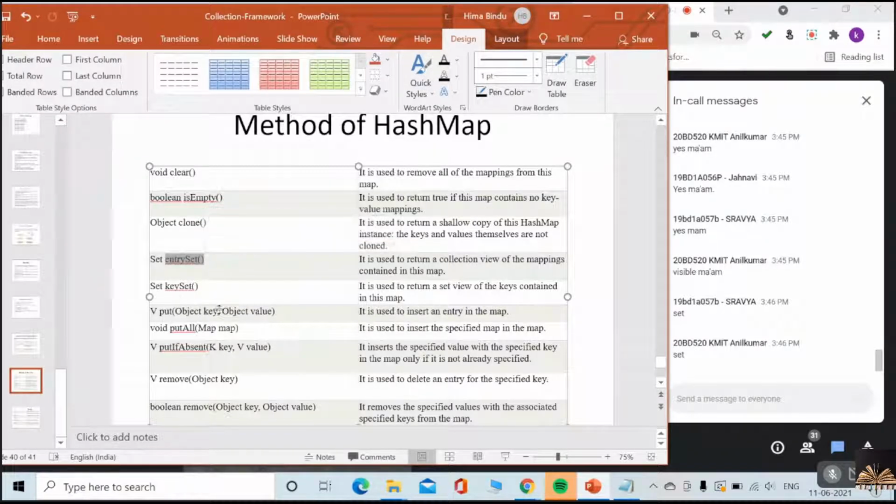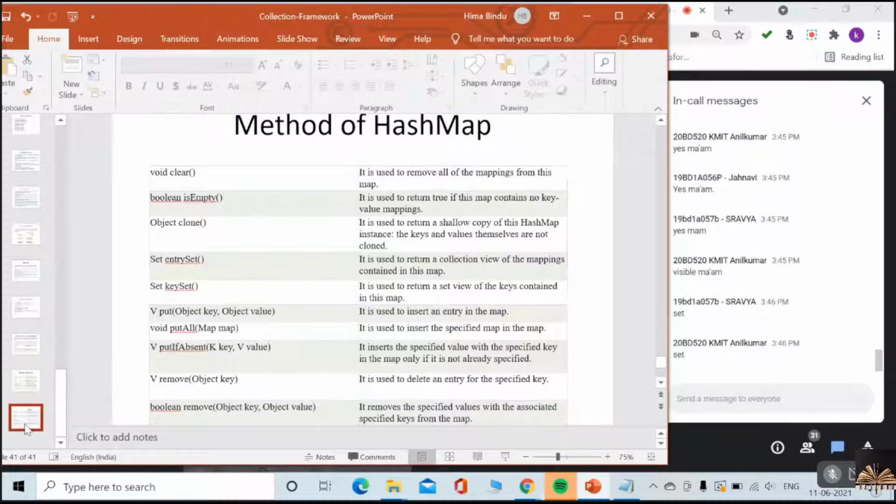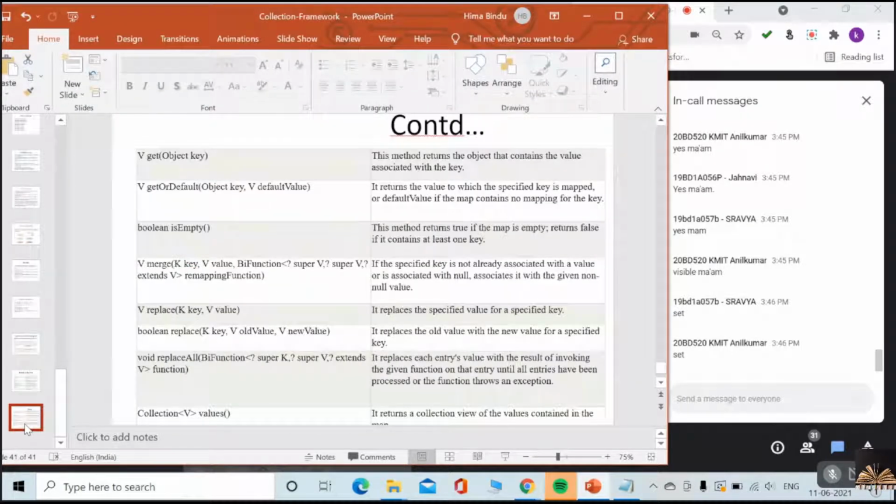And we have the key set method, the put method, which we can use for inserting elements into the hash map, put all, put if absent, and remove with key and value. Yes or no? We have these many methods, and we will see most, possibly all, of the almost important methods right now, like get and replace all.